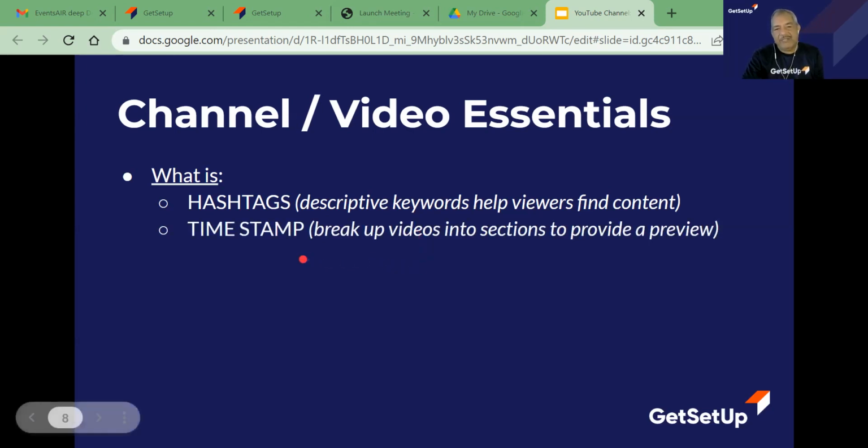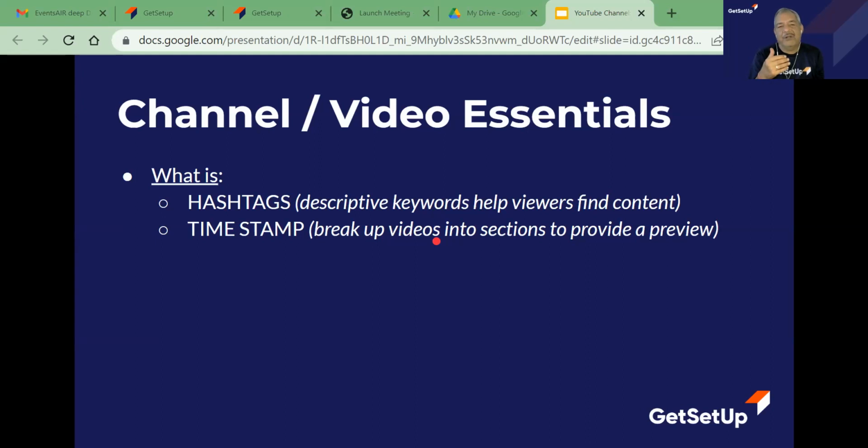Another element that we see on videos is the timestamp, especially if we have longer videos. It breaks up the video into sections to provide a preview of the content.